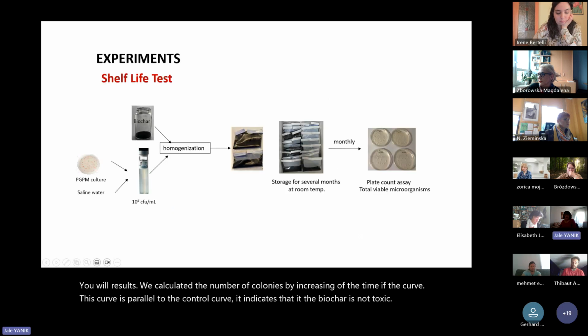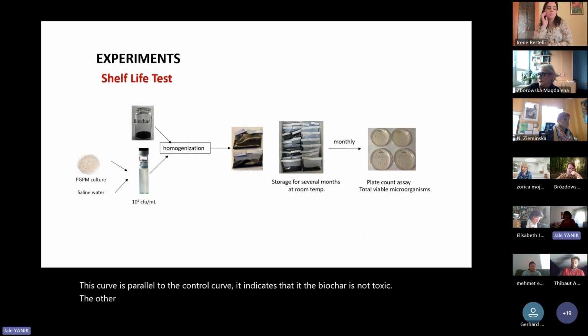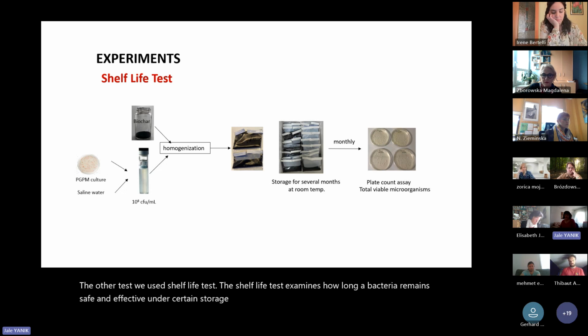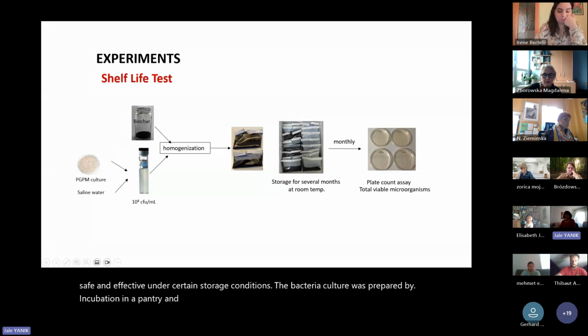The other test we used is the shelf life test. The shelf life test examines how long a bacteria remains safe and effective under certain storage conditions. The bacteria culture was prepared by incubation in a petri dish and then added to saline water. Then the biochar